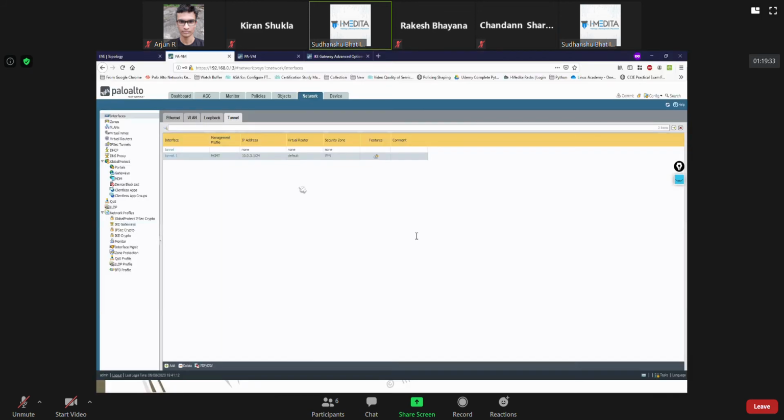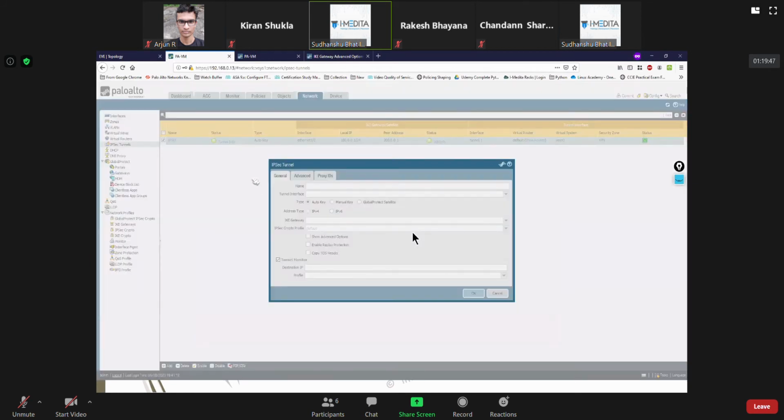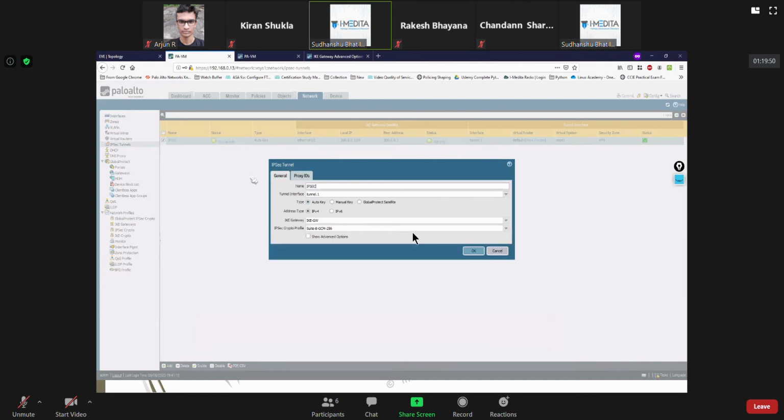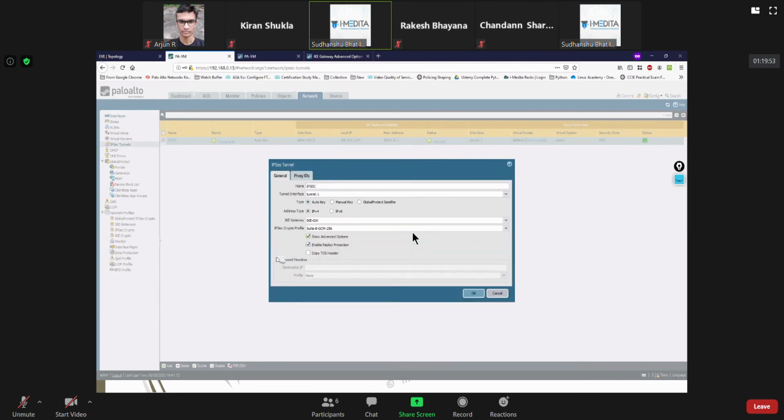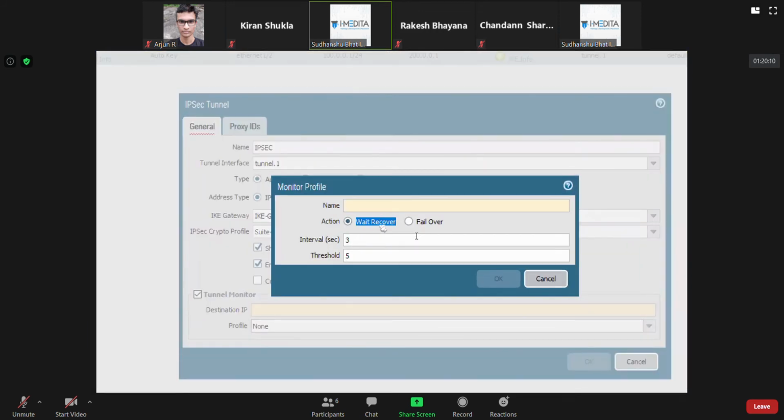So the way it works is, you go to show advanced options. Here you have tunnel monitor. You mention the destination IP, and you can define the monitor profile. This monitor profile defines whether you want to wait and recover or whether you want failover to happen.